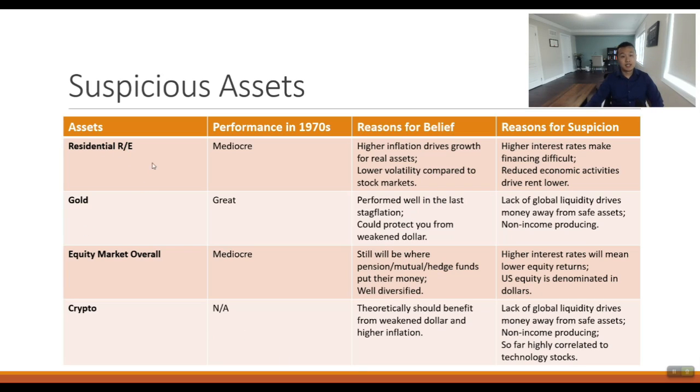residential real estate in the 1970s performed kind of mediocrely because higher interest rates made a lot of people lose jobs, and once they lose their job, they don't have money to pay rent. So there's kind of a glass ceiling on rent increases. As a landlord, you can't increase your rent above a certain threshold, because then nobody's going to come live in your apartment, because they already have higher gas prices to pay. They already have higher food prices to pay. They're not going to have more income left to pay rent.